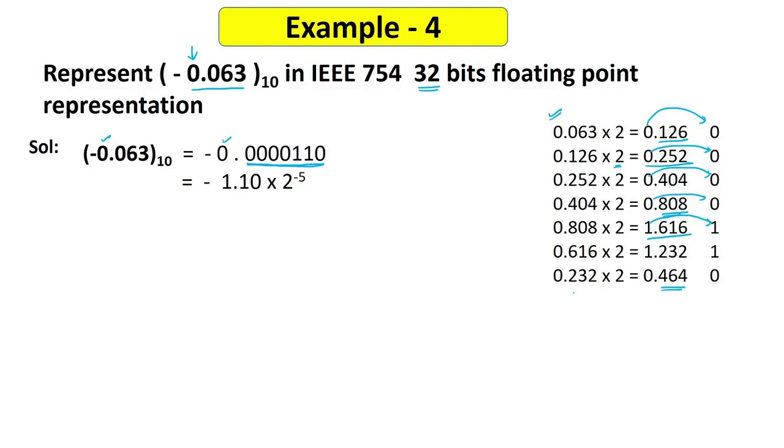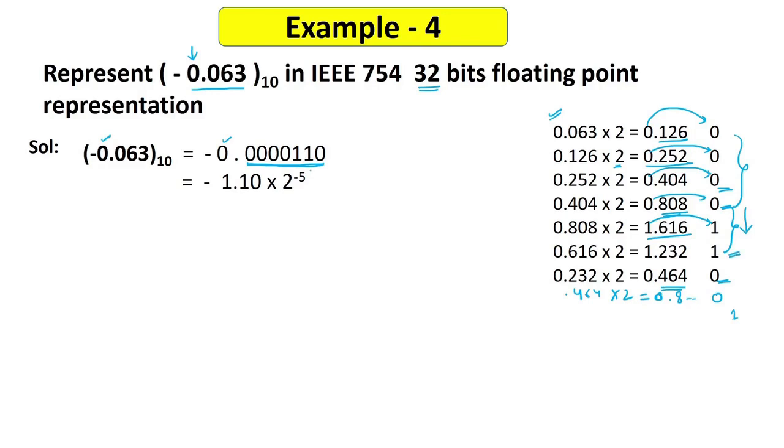Here you can see if I again multiply this 0.464 by 2, I will get some 0.8-something, right? And again I will get 0, but after that I will again get 1. Okay, so you have to stop at some point, right? So you can stop, let's say, after 6 or 7 decimal places. So I have stopped here. Okay, you can move further also. The main thing is you should get some number of ones also. Because if you stop, let's say at this point, or at this point, there are no ones. So there is no point to stop here. So you can move further until you get at least one 1.